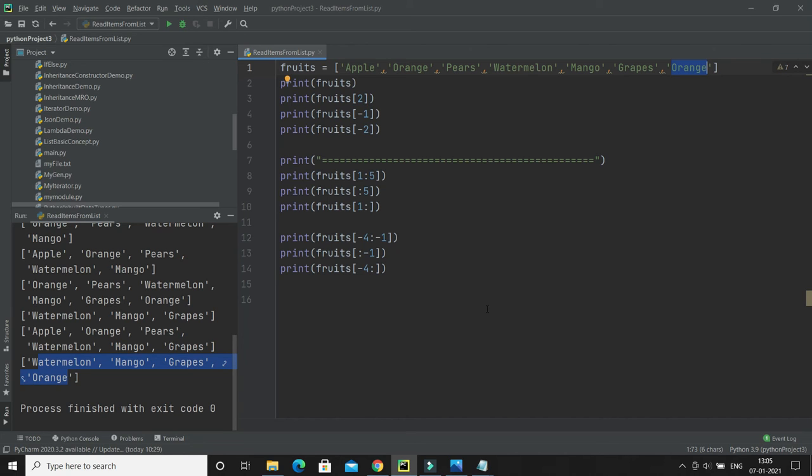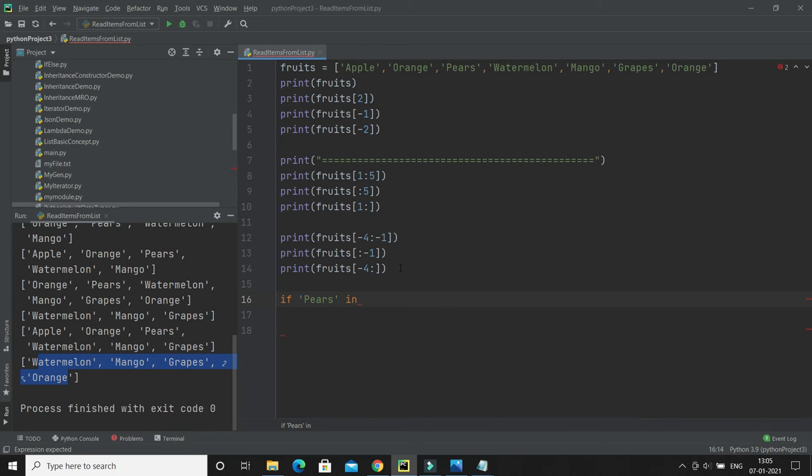Now I'm going to show you how we can check whether any specific item exists in the list or not. Alright, so here I'm going to show you using the if condition. So I'm going to write if, and here I'm going to write, let's say, pears. I would like to check pears.